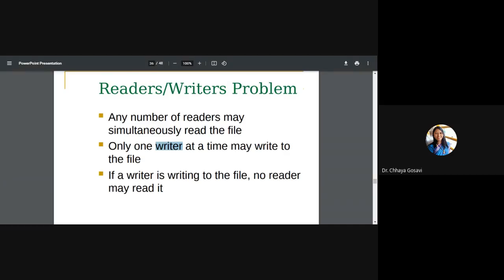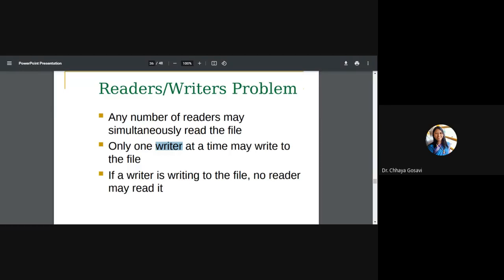So if we have multiple readers and multiple writers, what do we need? We need a semaphore which will allow either a reader or a writer to enter the critical section. Suppose the critical section is a file that is going to be read or written. If a reader enters first, other readers should not be stopped from accessing that file.